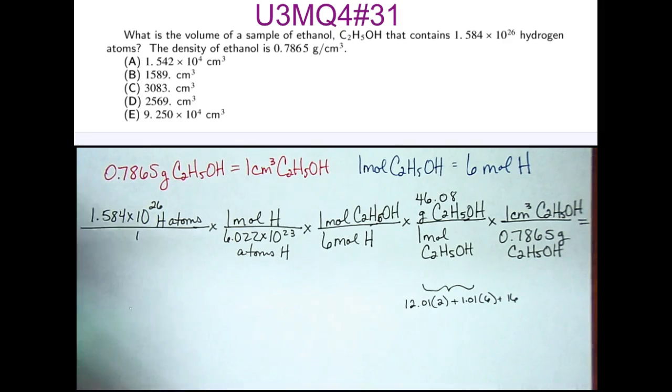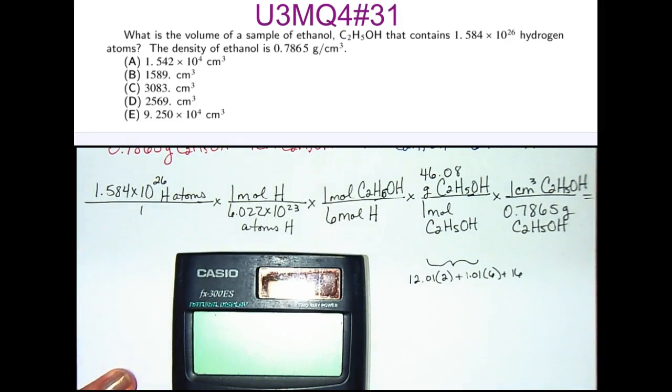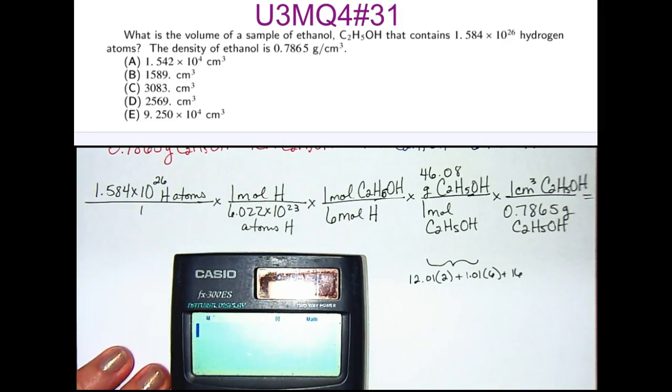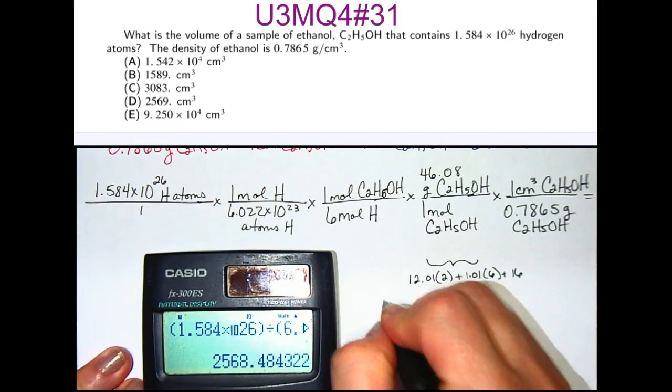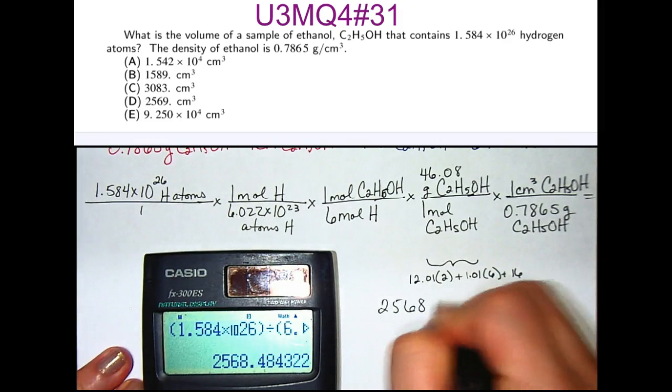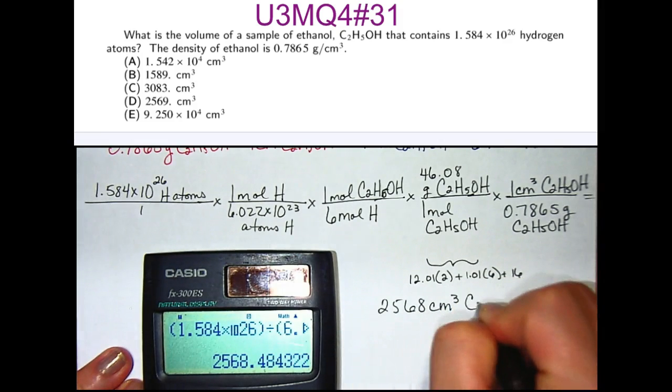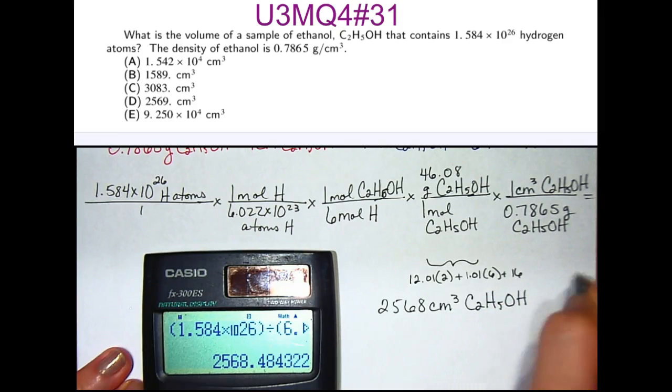When we plug this into our calculator, you're going to want to use parentheses, 1.584 times 10 to the 26, close parenthesis, divided by open parenthesis, 6.022 times 10 to the 23rd, close parenthesis, divided by 6 times 46.08, divided by 0.7865. This gives us 2,568 cubic centimeters of ethanol, which is letter